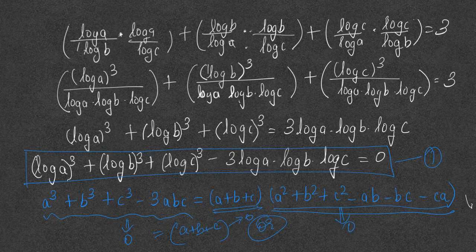Now if you look at this equation, a square plus b square plus c square minus ab minus bc minus ca, the only way it can be 0 is when a equals b equals c. Only if a, b and c are the same will the terms cancel each other out. Let's say a, b and c are 3: you get 3 square plus 3 square plus 3 square, and here 3 square plus 3 square. So unless a equals b equals c, this can never be 0.